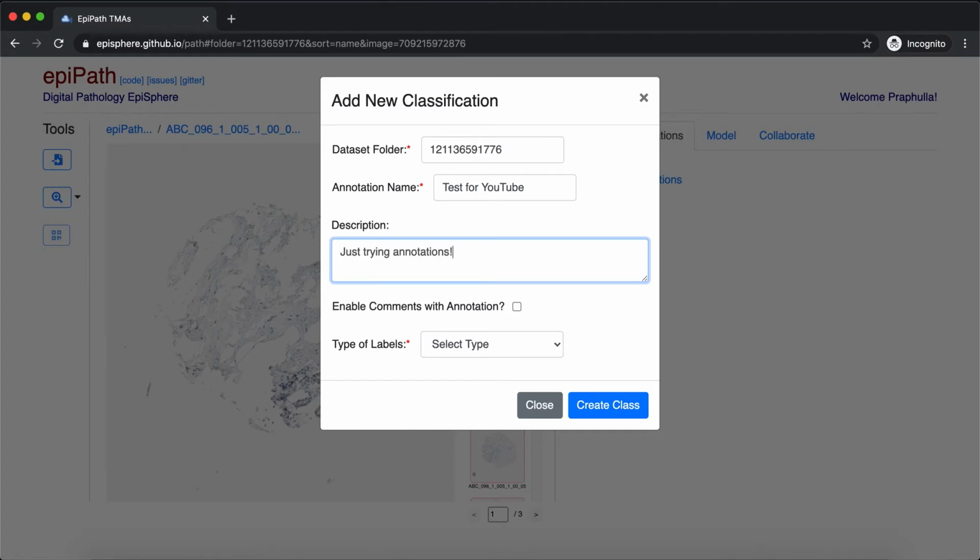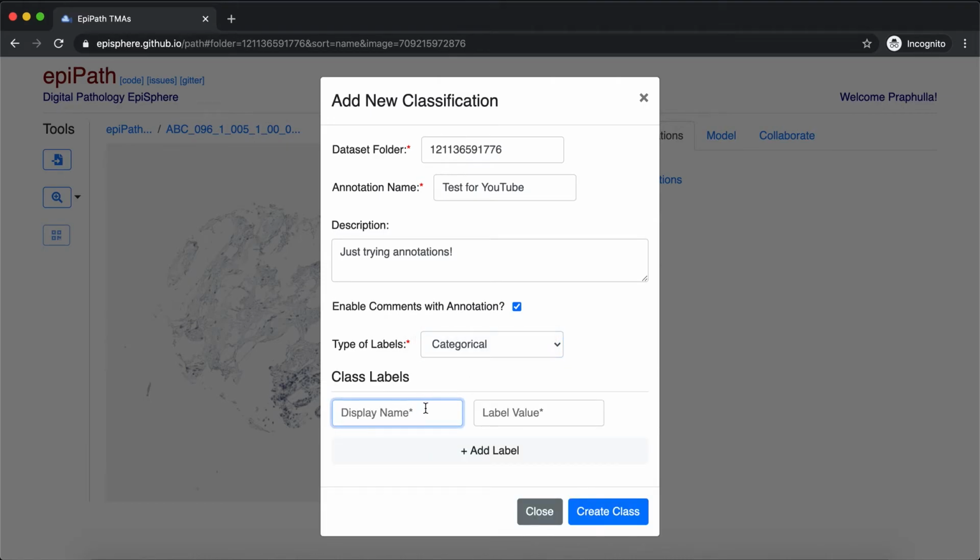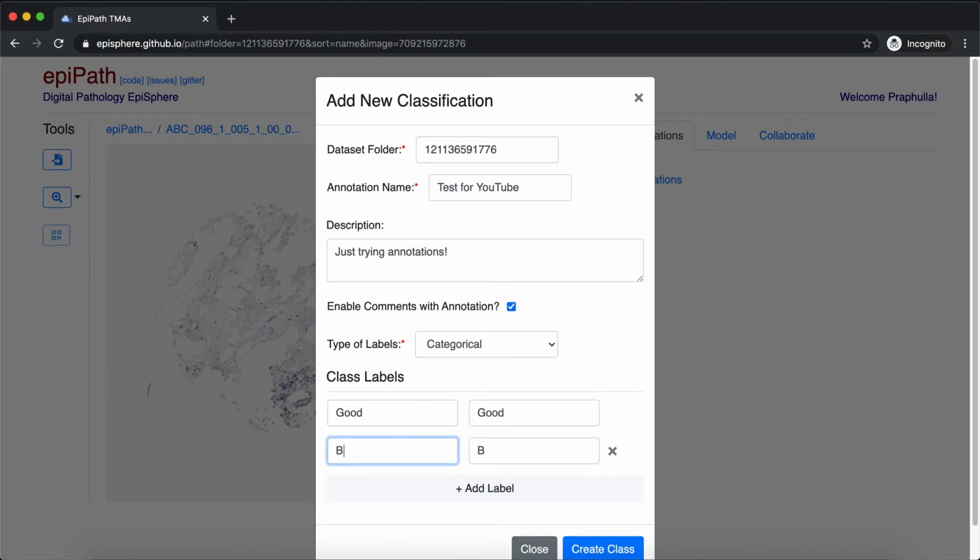Add a description. Let's enable comments, and we have categorical labels for now. And these are the labels that we'll add to the individual images. Let's keep it simple, good and bad maybe. The value can be the same as the name, or it can be anything you like. So let me make it 1 and 0